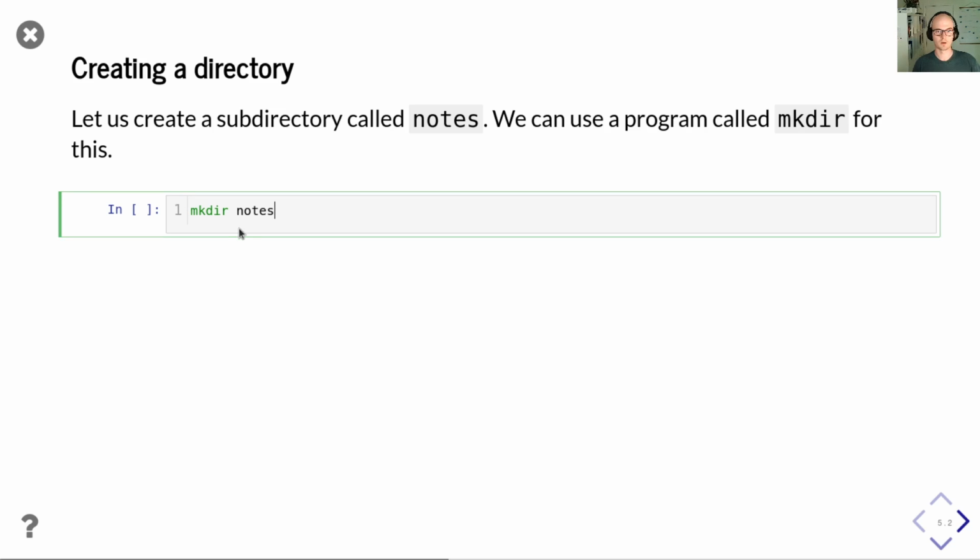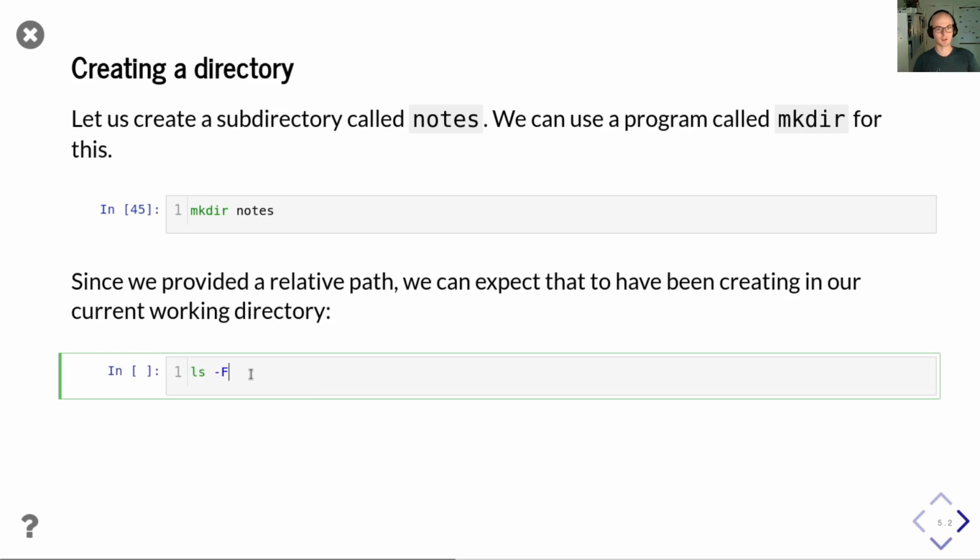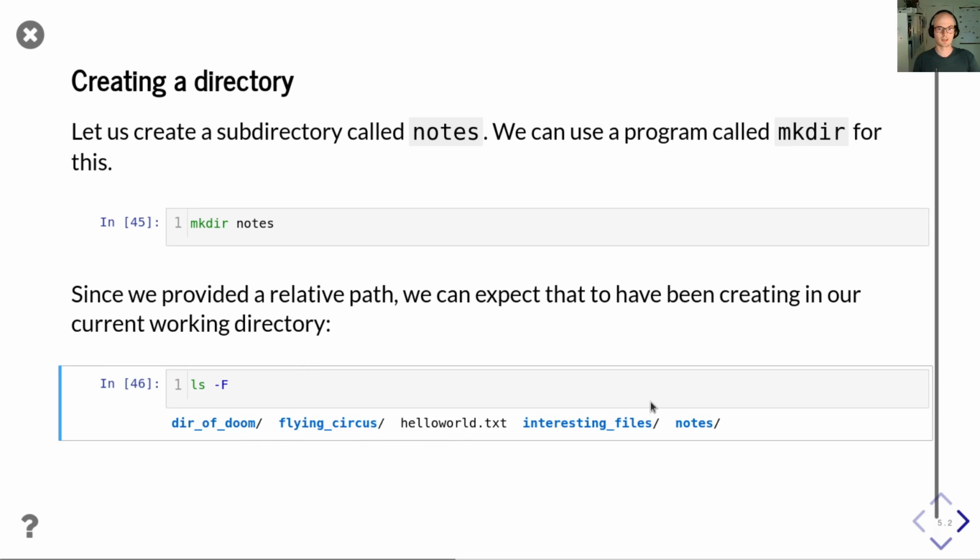Okay, so the command for this is called mkdir, and that stands for make directory. And so let's say we want to take some notes, make a notes directory, right? So I use this command, and as you'll notice here, the argument notes did not start with a /. So mkdir interprets this as in the current working directory, create a notes folder rather than in the root directory if we had used the /. So we can check that in fact we now have a new folder here,